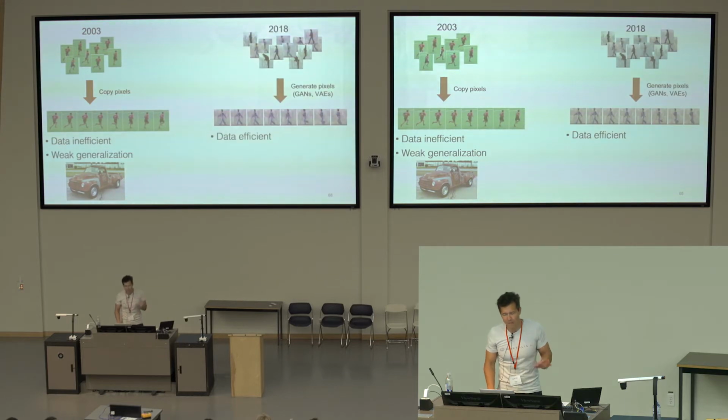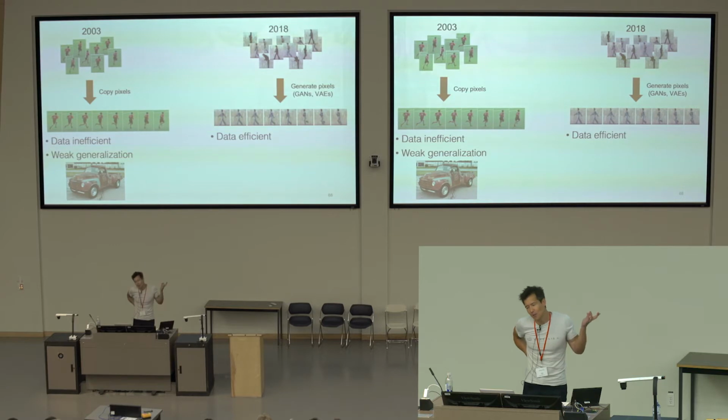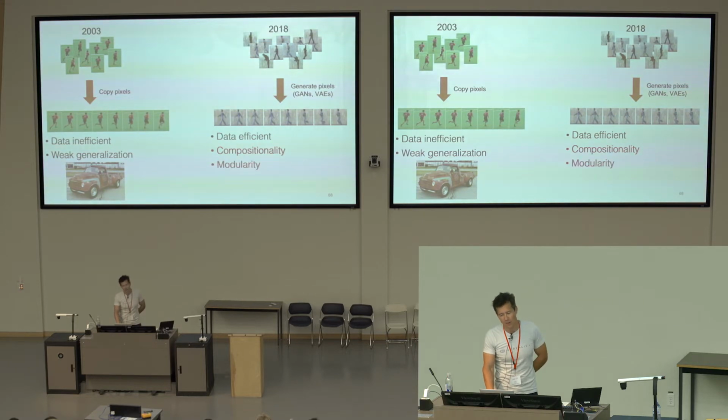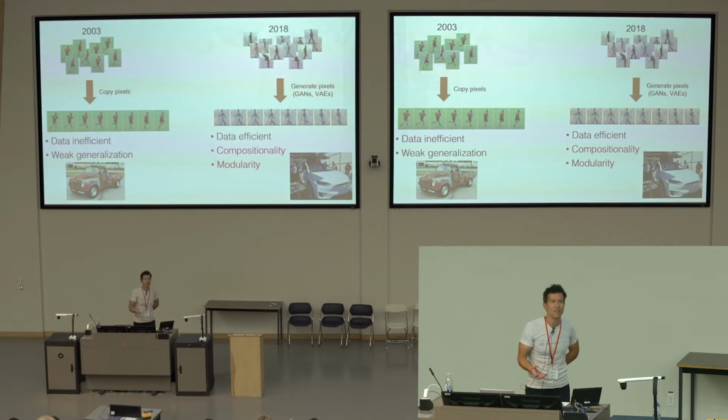So fast forward like 15 years, and there's been tons of amazing advances in what's happening here. I'll show you some of our recent results on generating things. The things that I think are really cool about them is that they are data efficient, and they let you compose and generate novel things that you've never seen before. I'll show you some examples of what I mean by that, but it's still pretty hard. We want to be able to generate things that are difficult. So we have the ability to be compositional about our generation, to be modular about it. I think of it as a super efficient vehicle.